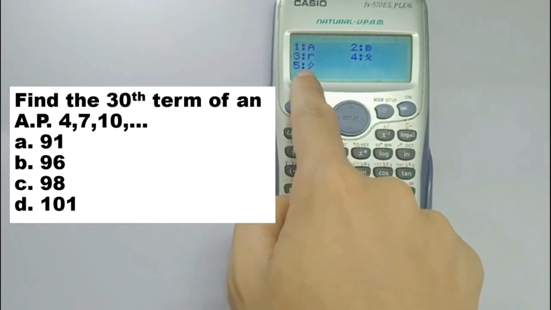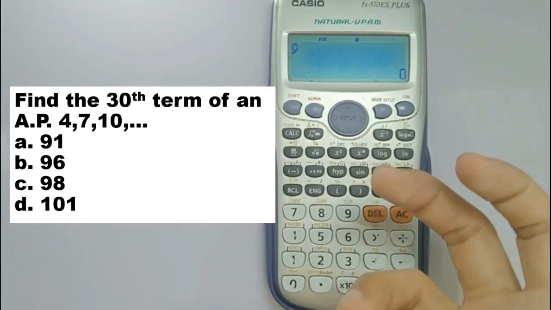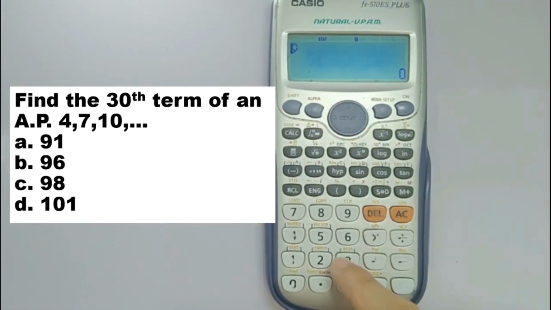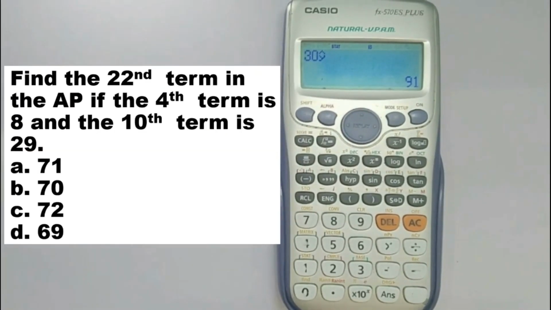So, yung y hat dito, yung 5. Then, sabi sa problem, what is the 30th? So, ilalagay lang natin sa katabi niya, yung 30. So, equals. The 30th term of the arithmetic progression is 91. So, that is letter A. So, next problem guys, we have here, find the 22nd term in the arithmetic progression if the 4th term is